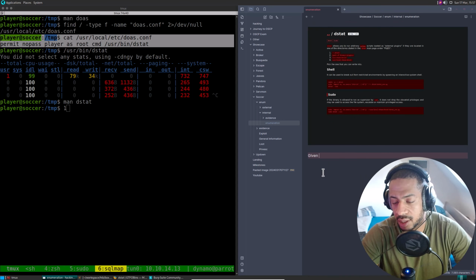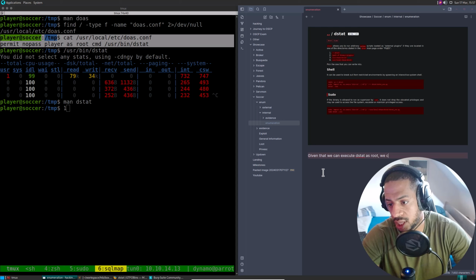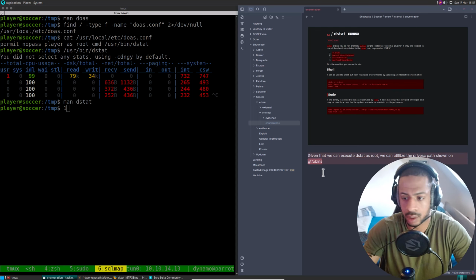Given that we can execute dstat as root, we can utilize the privesc path shown on GTFOBins. So let's try that.